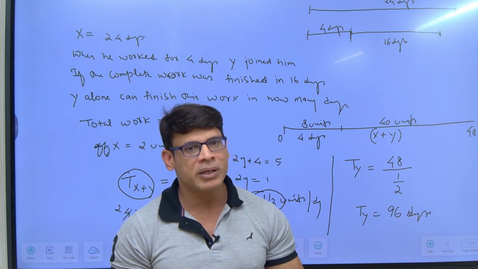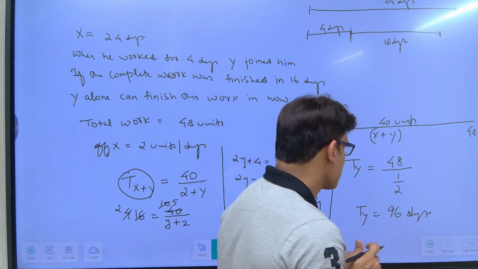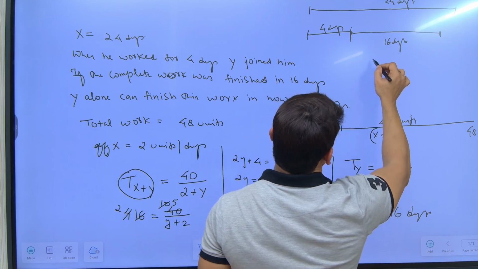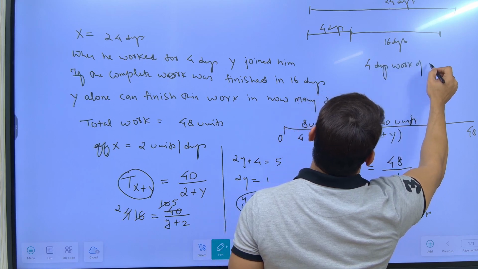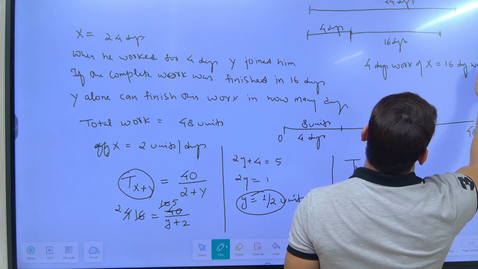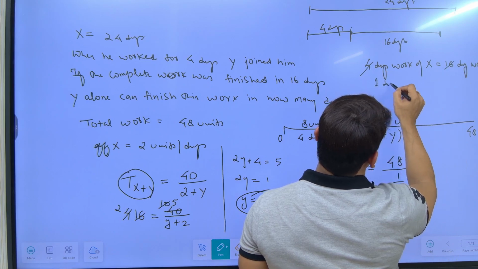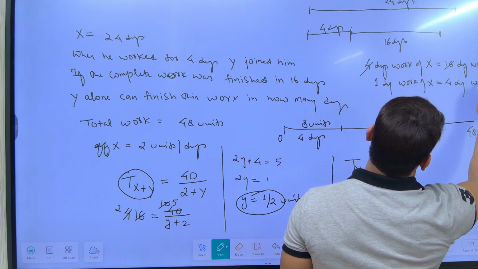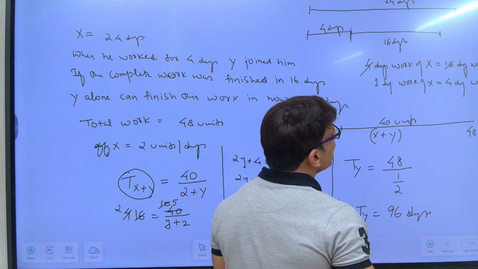तो जो 4 दिन का काम x का था वो y ने 16 दिन में किया, क्योंकि 16 दिन तक साथ काम किया, राइट। तो कैसे लिख सकते हैं इसको कि 4 days वर्क ऑफ x is 16 days वर्क ऑफ y, राइट। यहां से कैंसिल करेंगे तो 1 day वर्क ऑफ x is equal to 4 days work of y, right? वर्क इज गिवन, एफिशिएंसी उल्टी हो जाती है।